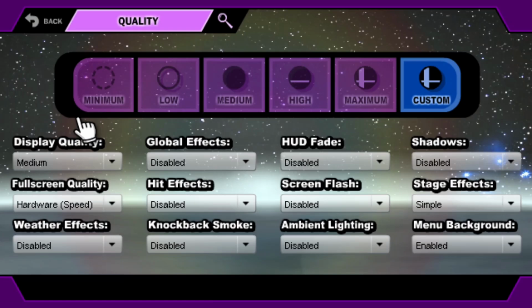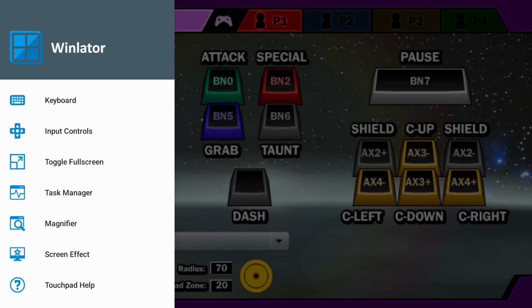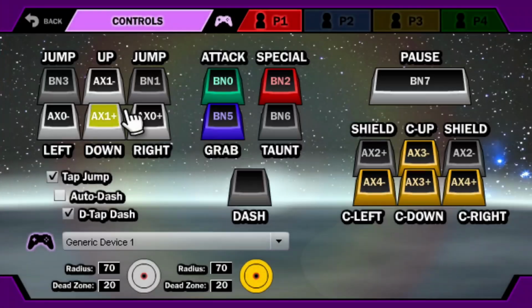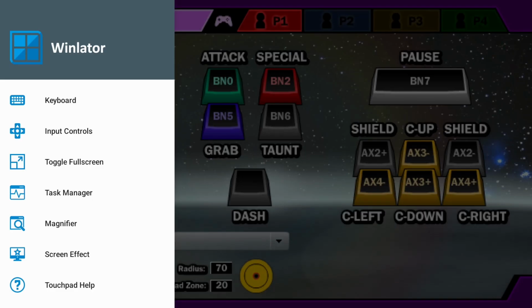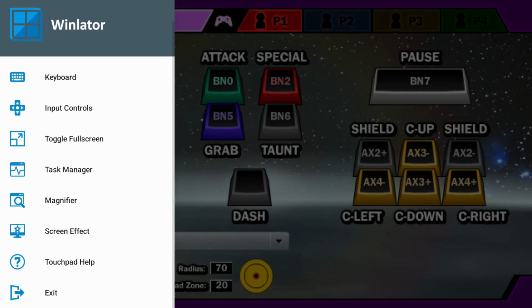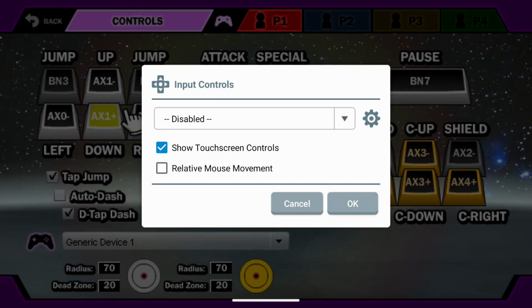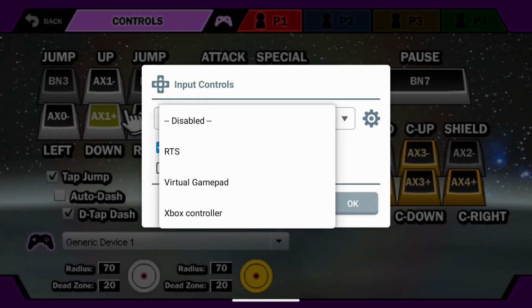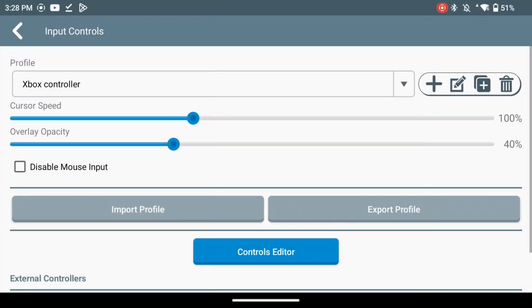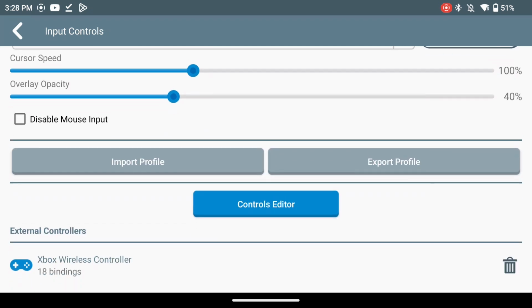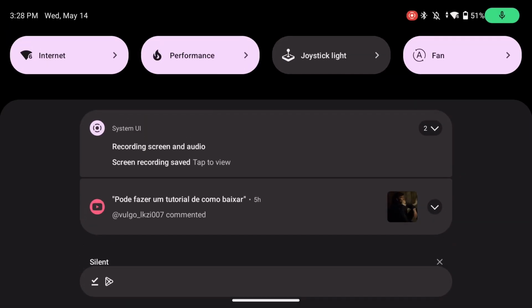You can also set up some controls for Super Smash Flash 2 using Winlator. So, for example, if I swipe right on my device, you'll see on the side has the input controls. That's where you'll set up your controls. Because I'm using the Retroid 5, all the controls are built in, so it's easy to just map what I want to map. Or you can just use the touchscreen. Like I said, I don't have a tutorial for that today, but it is perfectly possible to do that as well. I just wanted to show you guys that it was possible to run Super Smash Flash 2 on Android